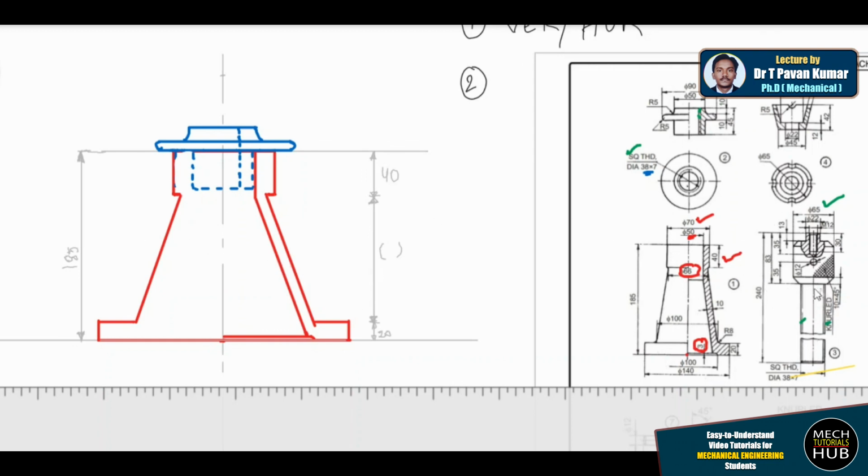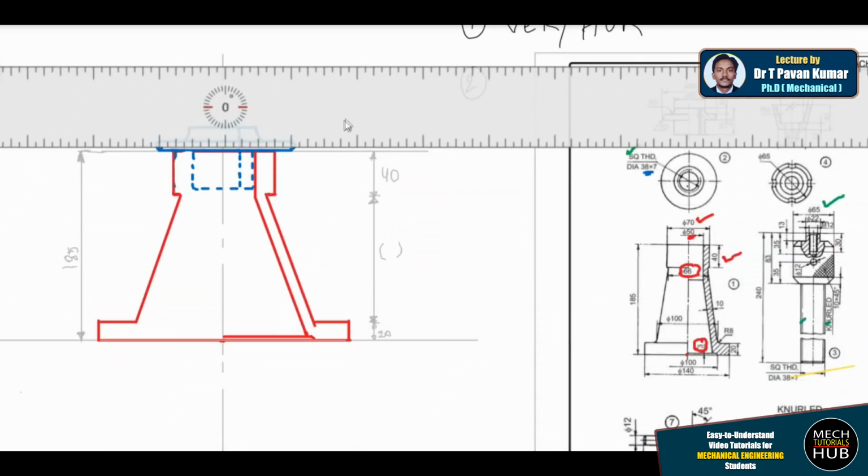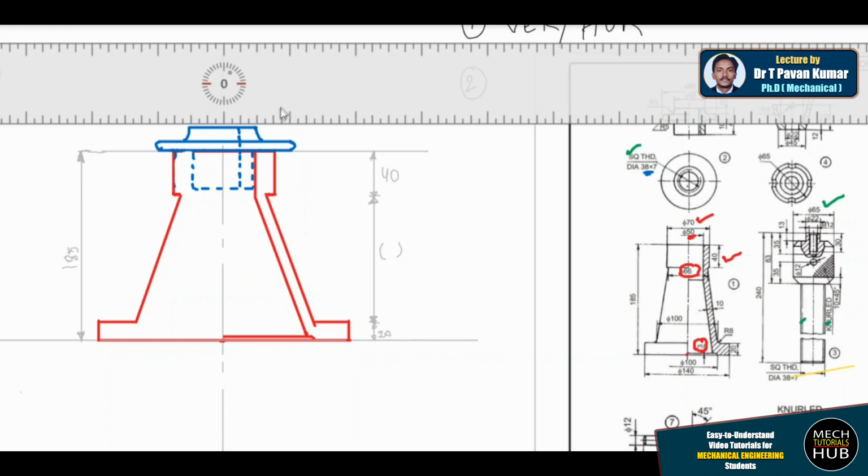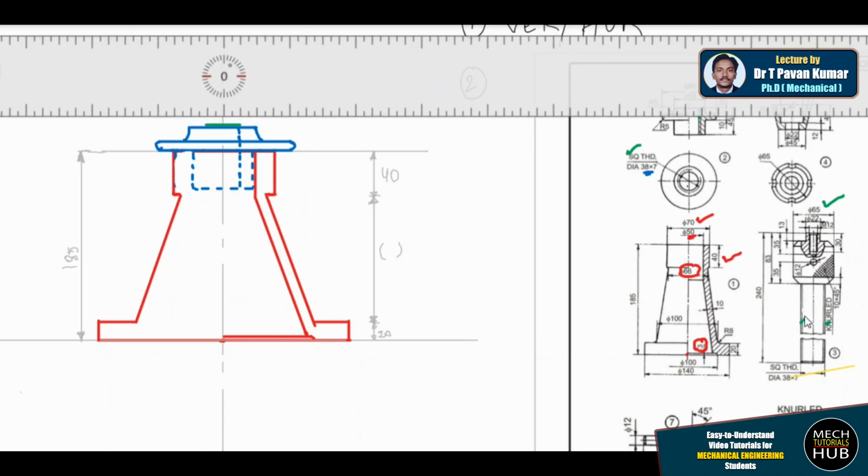The top end is maintained here at 38, the same 38 is maintained here, followed by 65. So the complete box you need to make. Okay, so I'll take this scale again. 38, we already have a mark of 38 here, so from there let me draw 38. All right, and here you find a width. Here the width is 10 mm. That 10 mm width I just need to draw, and on top also there is one more 10 mm.